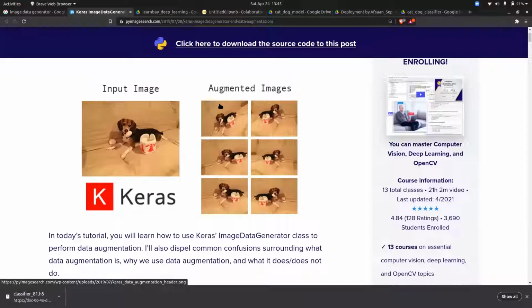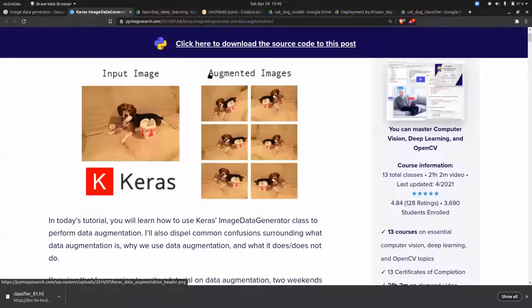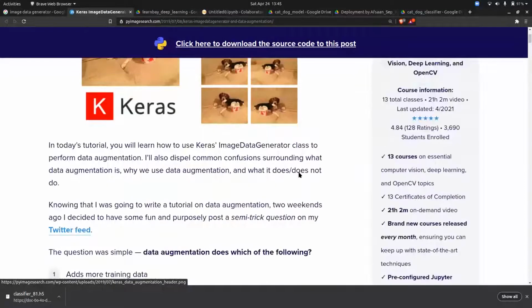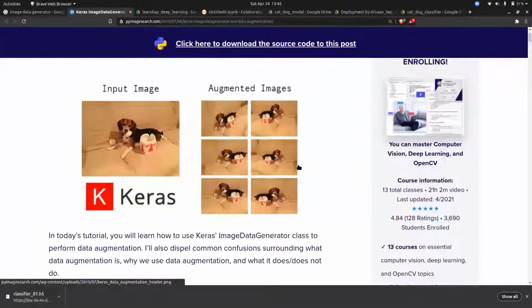It will create different positional and image variations. Basically, it is called an augmented image. An augmented image is nothing but creating dummy images out of one image, but that dummy image will be flipped or zoomed or shrunk, a mirror image and stuff like that. That will be taken care of by the image data generator.